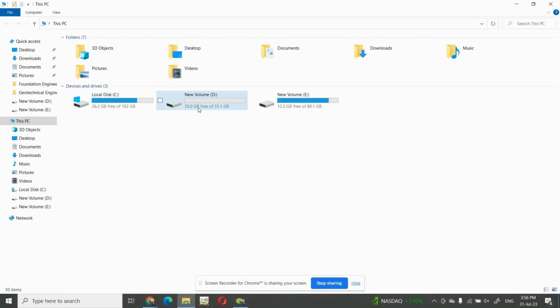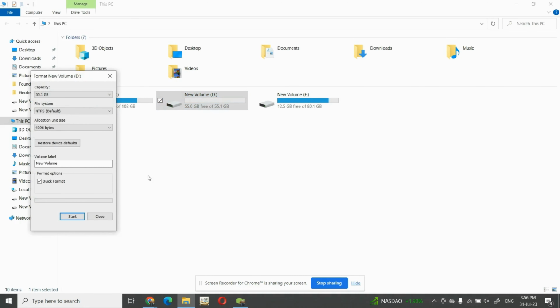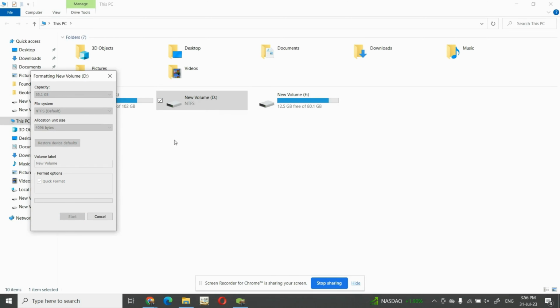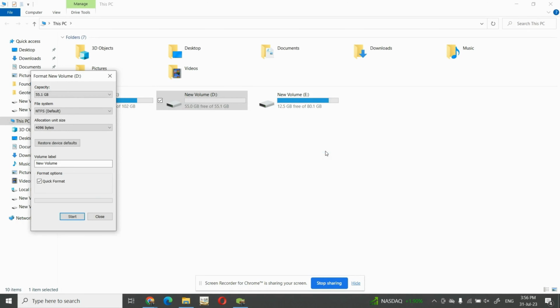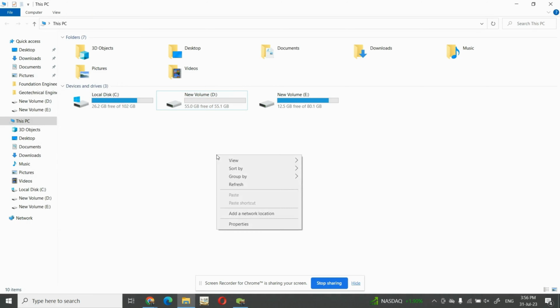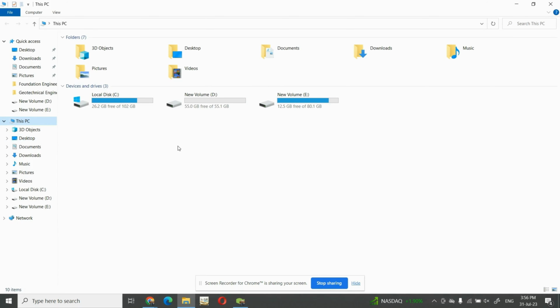Now my disk has less space as compared to the previous case. Now I will right-click on the new volume D, and I will press format, and I will start the formatting and press OK. So this will be the new volume formatting complete. I will close this, and then I will again go to This PC, and I will right-click and select manage,